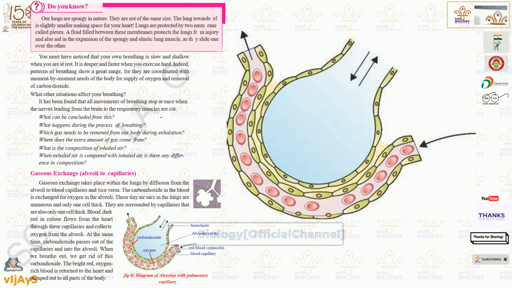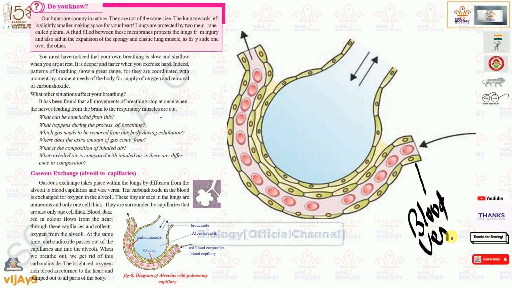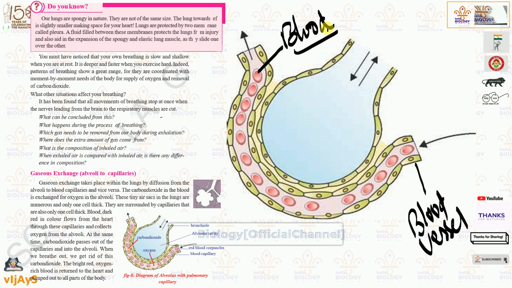Understood? And here it is known as blood vessel. This is the blood vessel, and inside a blood vessel obviously blood cells will be there. So that is the blood vessel, and this is the compartment or room for the alveolus. Here only gaseous exchange will be taking place. First, what will happen? Can you see this arrow mark? From this arrow mark oxygen enters into our lungs. This is the lungs. Inside the lung what is happening, we are discussing that. So oxygen enters into the lungs.